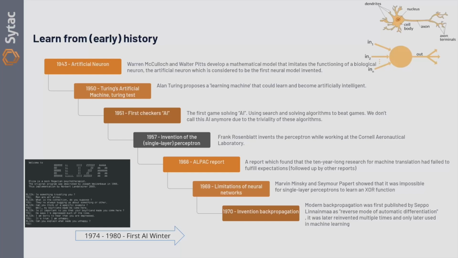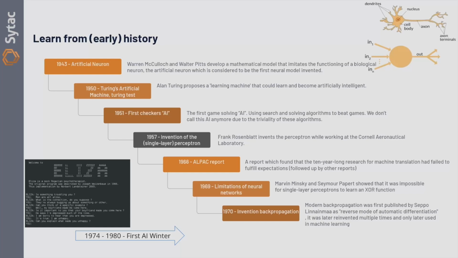So, good start, but the first checkers program was actually built in 1951. Right now, we don't call this AI anymore, right? A lot of the stuff that they used to call AI is not called AI anymore. People solved checkers, chess, etc. Right now, these are search algorithms. You do some clever searching, you judge your positions, and it's not AI, it's just calculation. We know how it works, so now it's not intelligent anymore. That's basically it. It makes some degree of sense.